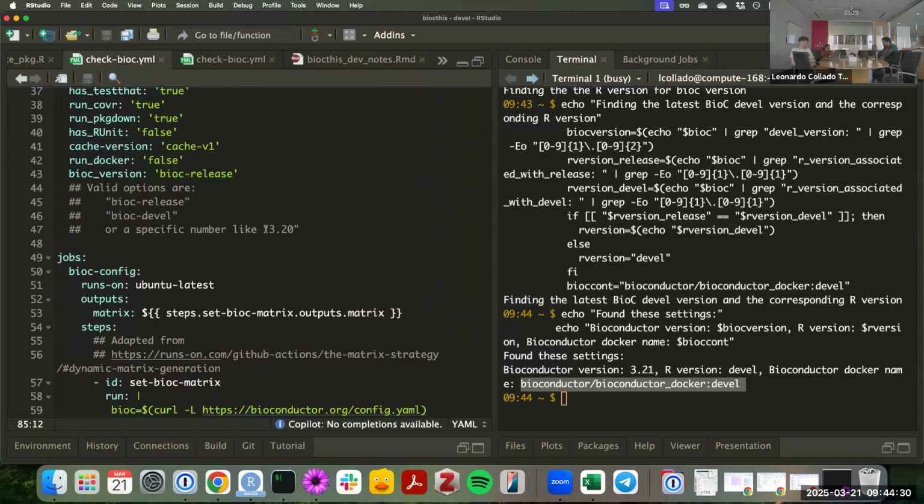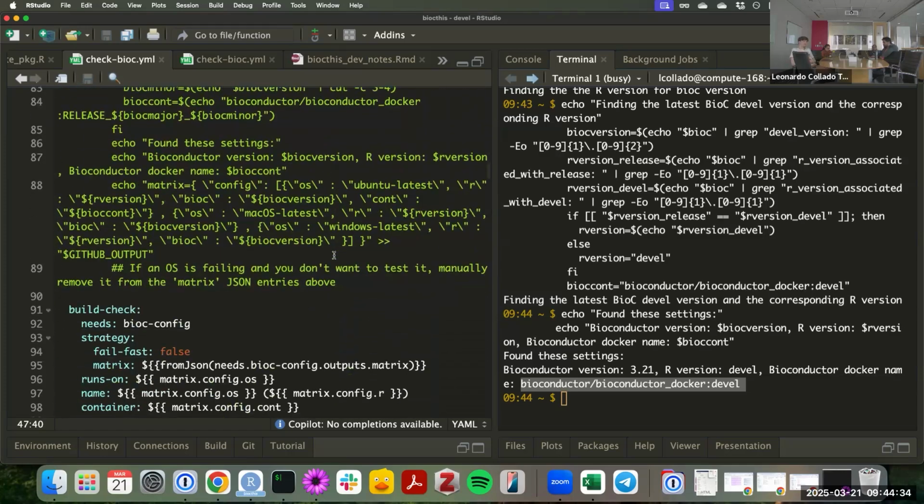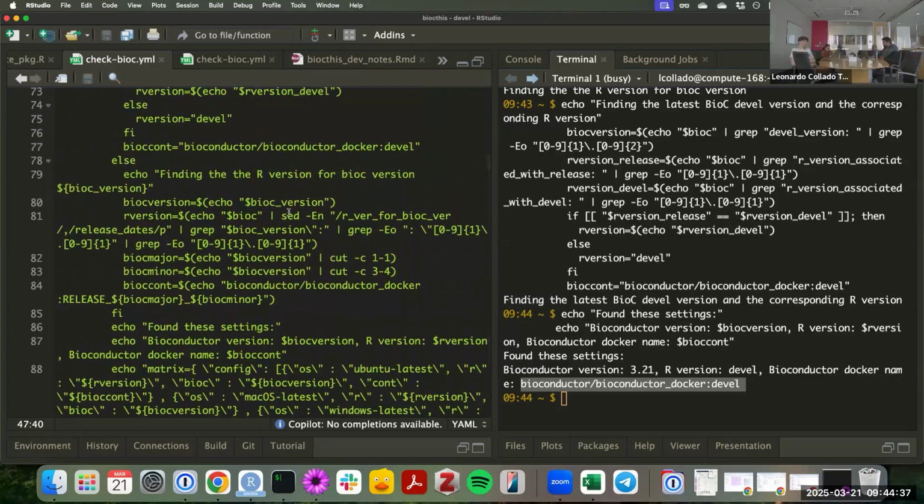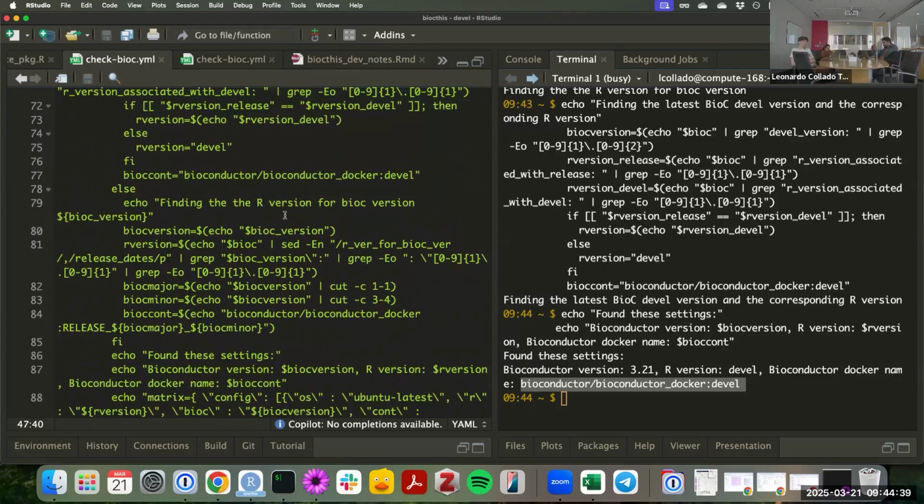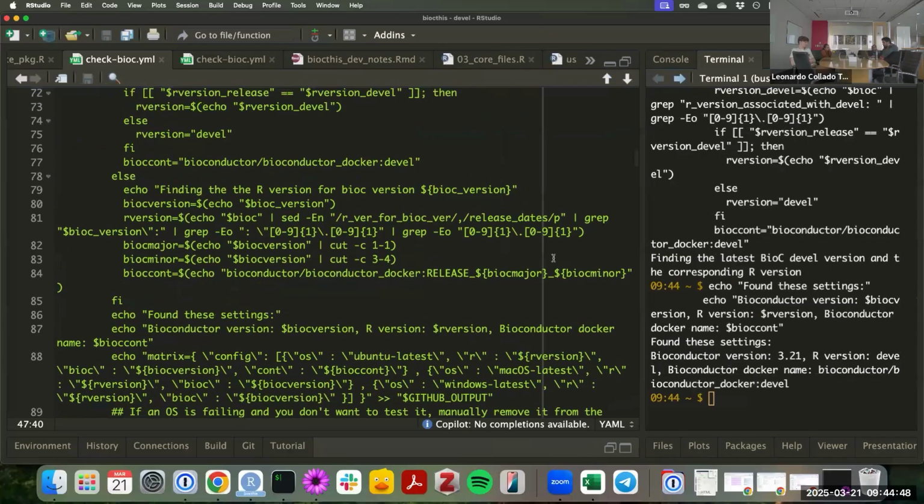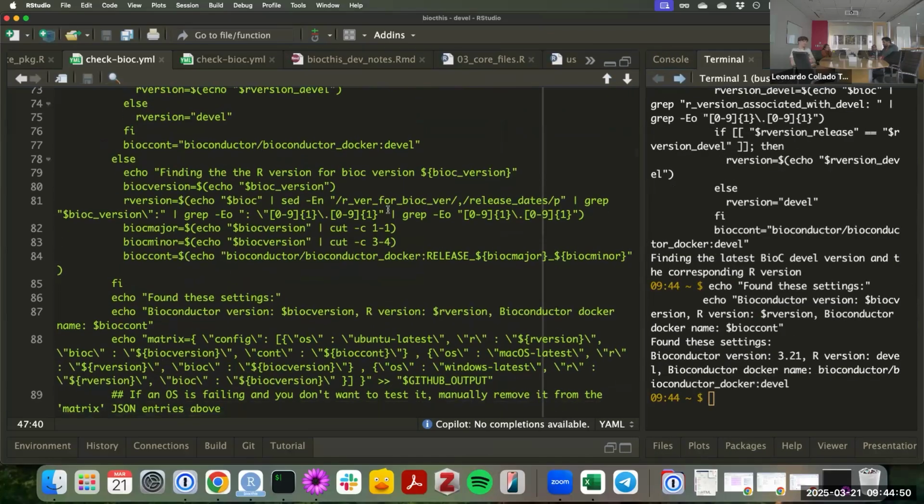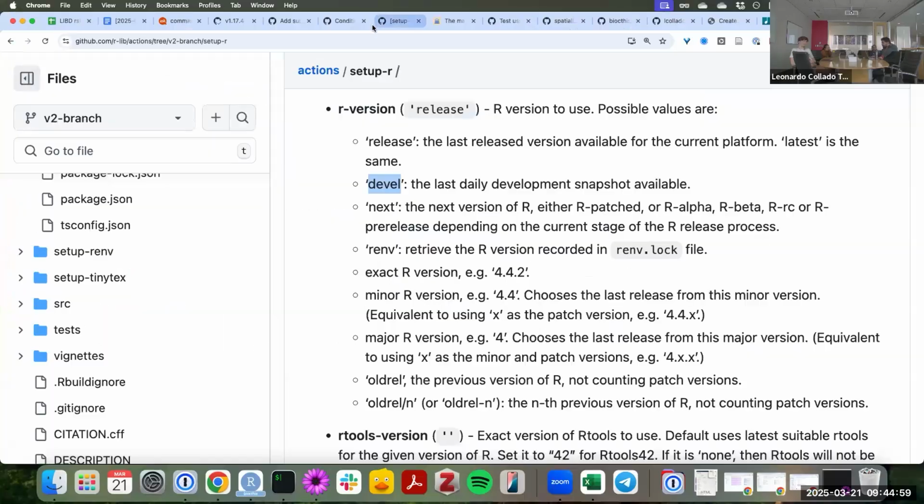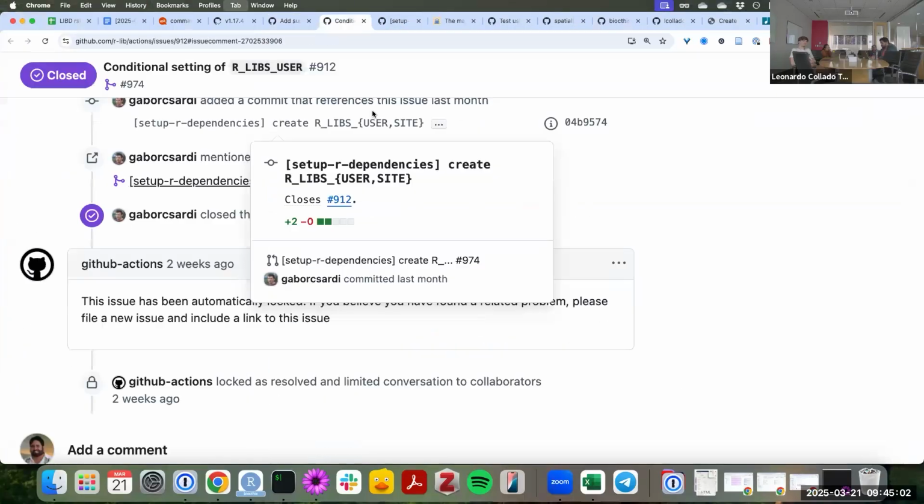The easiest option then was, what if you say just a number? What if the user just says, I want Bioconductor 3.20? At that point a lot of this has become simpler, because you're saying, okay, that's my version. Actually, sorry, it's simpler and not simpler. I forgot something that gets a little bit tricky, which is, let's look at that